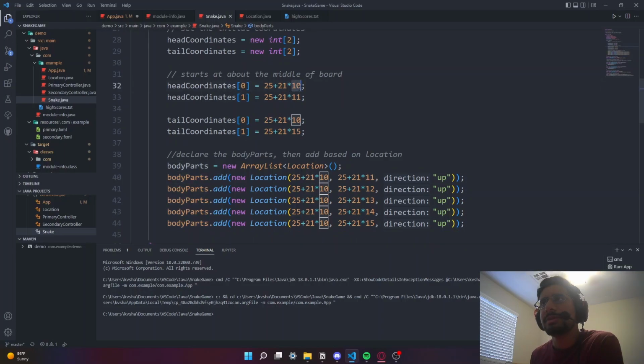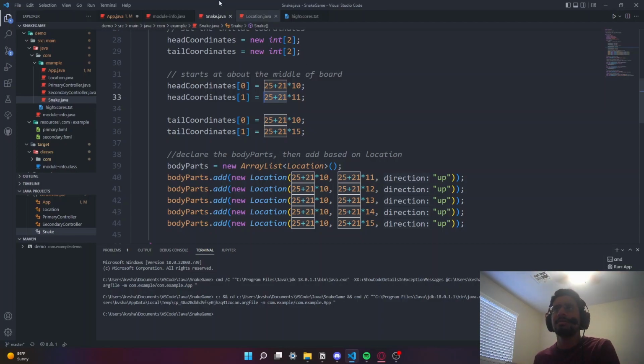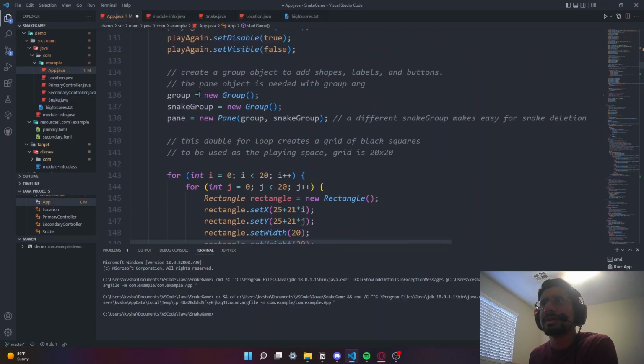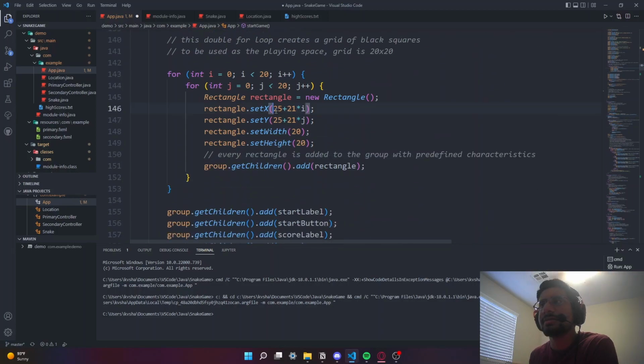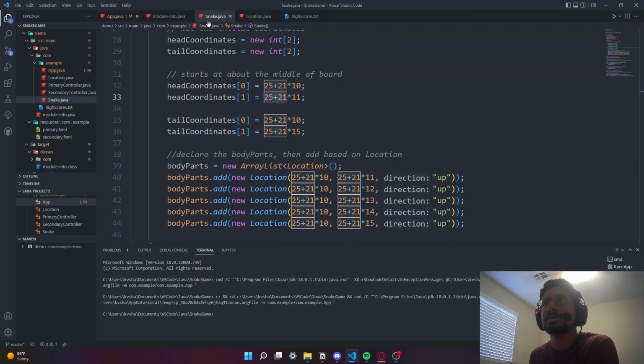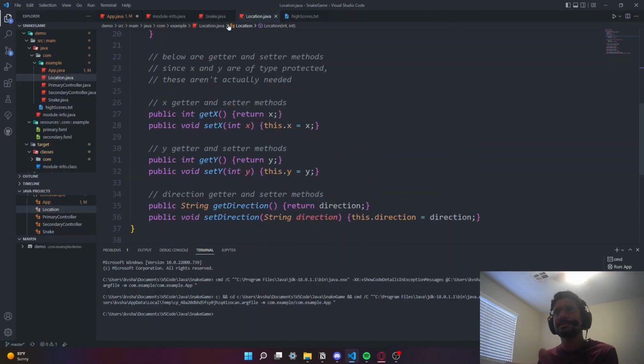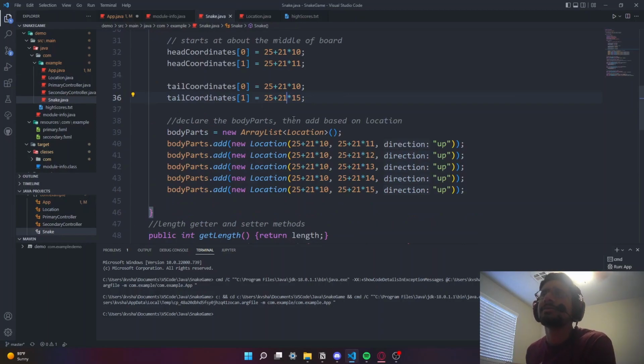So we remember here that this kind of formula, 25 plus 21 times something, was used a while back in making the rectangles. Right here we can see 25 plus 21 and 25 plus 21. So we're going to use that same formula here. I also could have made a formula in the location class, which we're going to see soon, which maybe would have made this a little easier. But anyways,